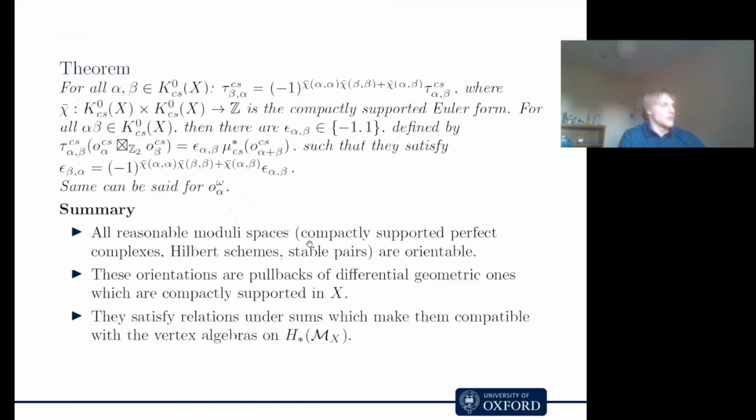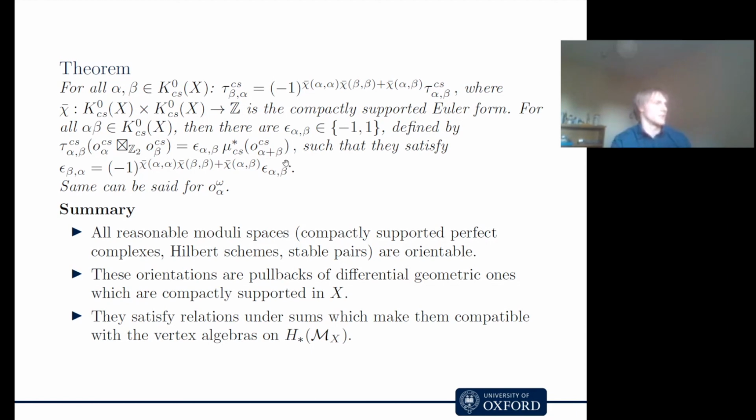And if we do so, then first one needs to ask the question what happens when one interchanges the order of the K theory classes which classify the connected components of our moduli space or of our K theory space. And if we do so, we get this additional sign in front of the isomorphism under interchanging the order. And this introduces, so if we define epsilon alpha beta to be the signs comparing choices of orientation under these isomorphisms, which keep track of compatibility under direct sums, then these signs will satisfy this nice relation, which I wanted to talk about more, but